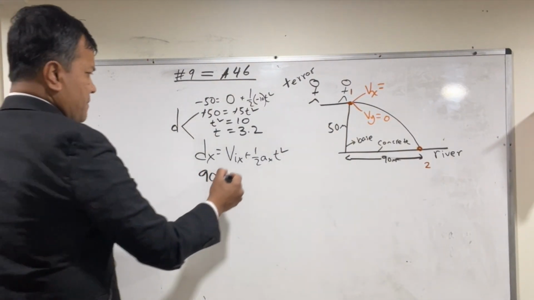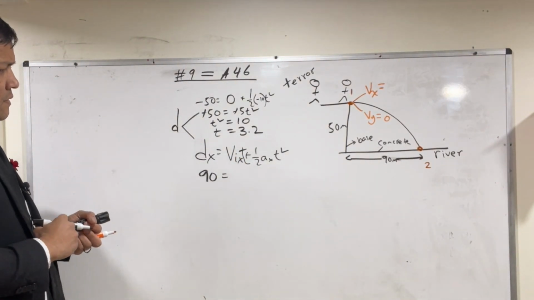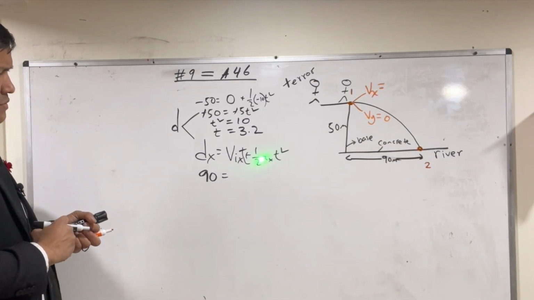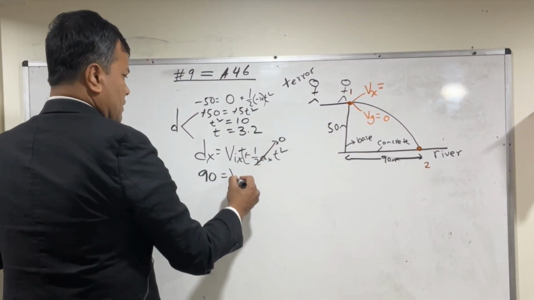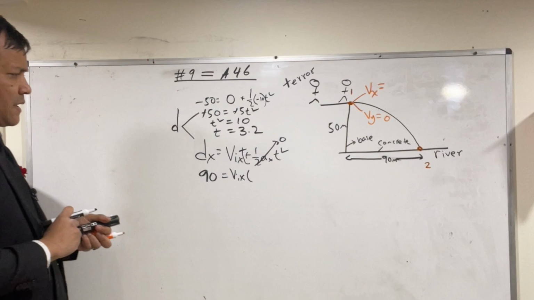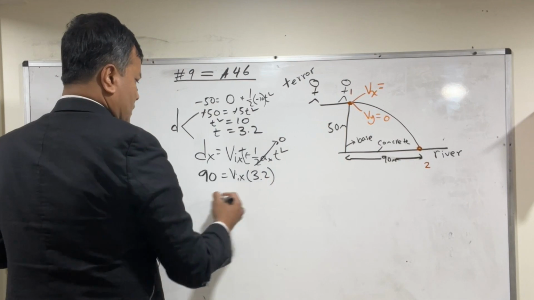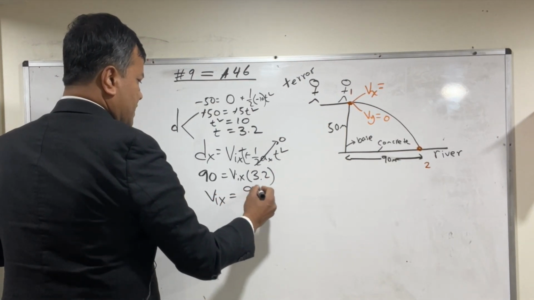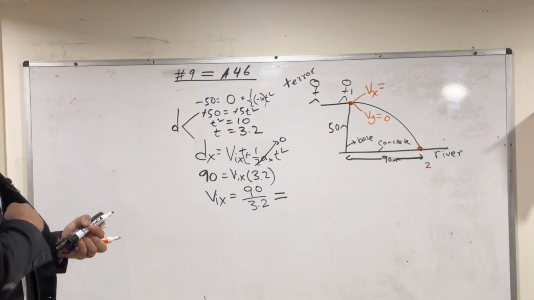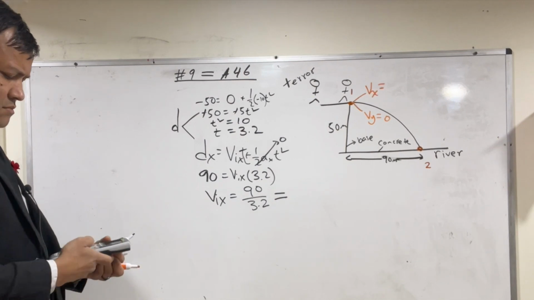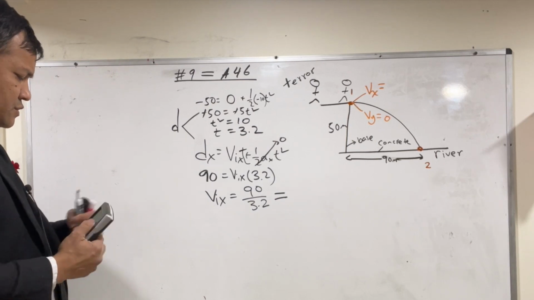There is a t missing. I believe you notice I intentionally didn't put it. You also know acceleration due to gravity in the x direction is of course 0. And you know t is, you already found, 3.2. So Vix is equal to 90 divided by 3.2. I believe it's 28. So 90 divided by 3.2 is 28